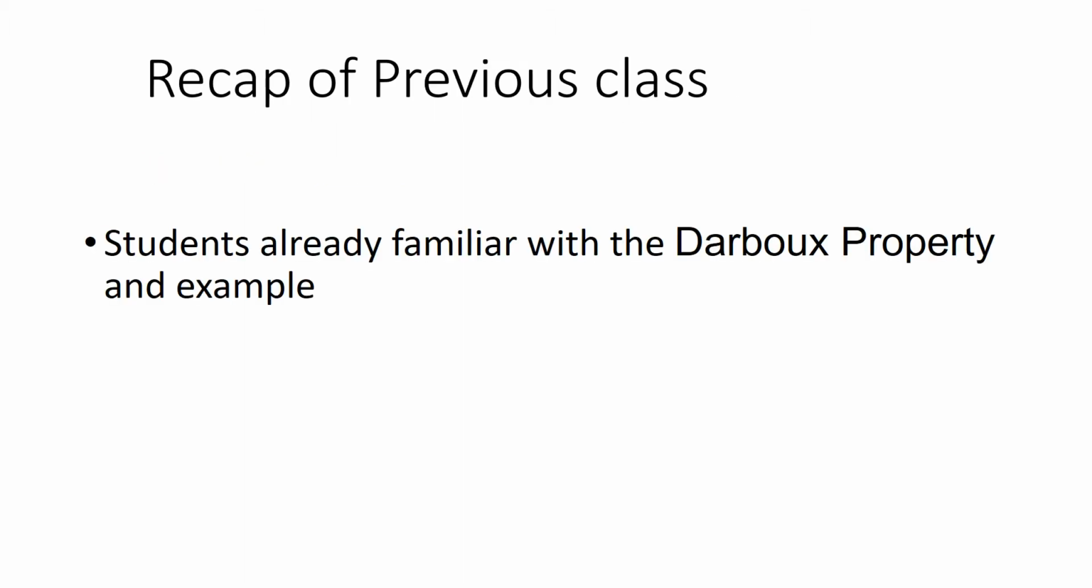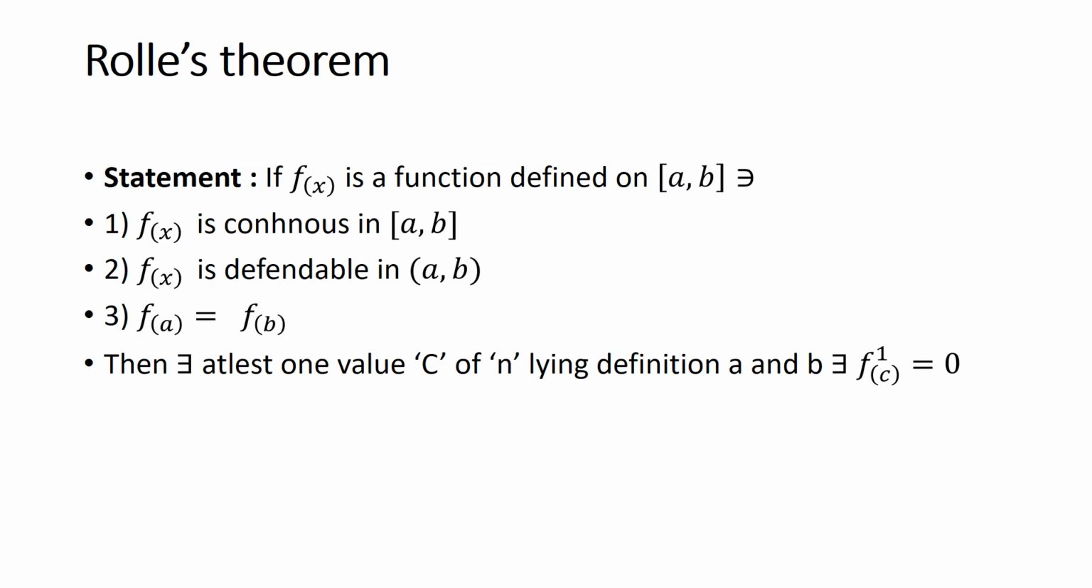In the previous class we have studied the property of bounds and its example. The statement of Rolle's theorem is that if f of x is a function defined on the closed interval a comma b, such that f of x is continuous in the closed interval a comma b, f of x is differentiable in the open interval a comma b, and f of a is equal to f of b, then there exists at least one value c lying in a comma b such that f dash of